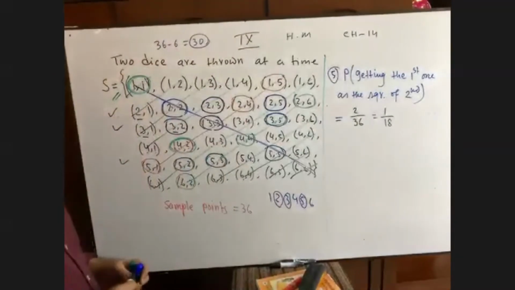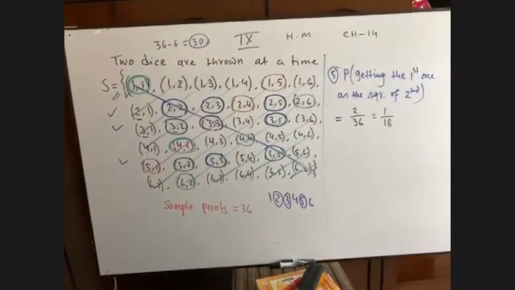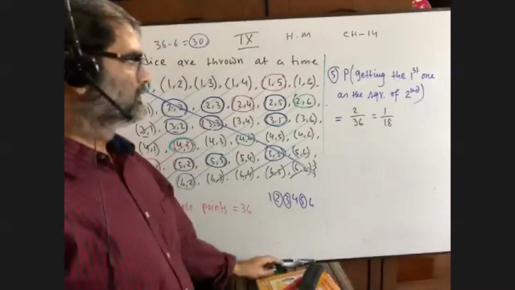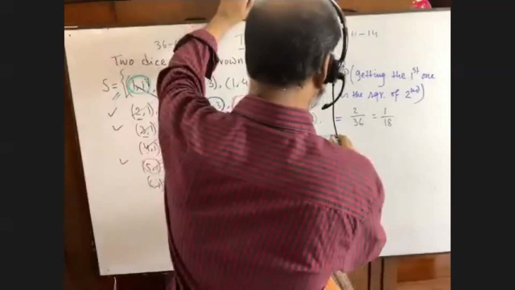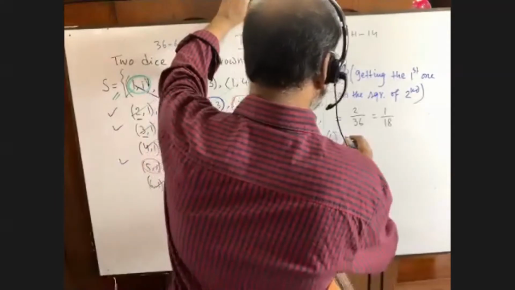First one is the square of the second one. Okay. A square of 1 is 1. A square of 2 is 4. So we are done here, and we don't have any other point. Now, if you are told